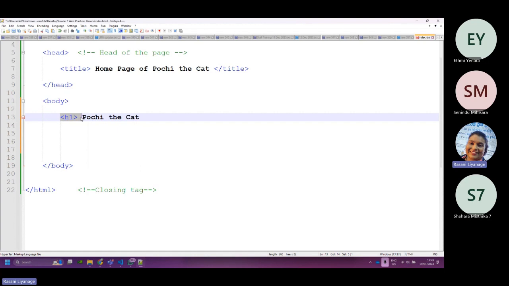H1, that means heading 1. Text, Poochie the cat. Now close the tag. Close H1. So it's almost like the title tag.